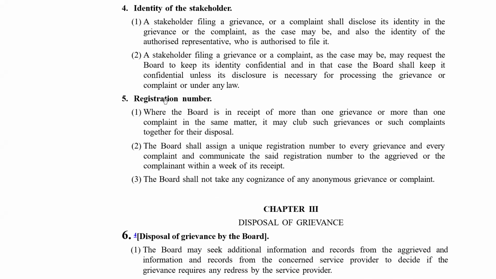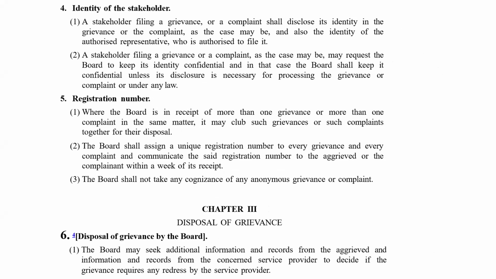Identity of the stakeholder, ये इंपॉर्टेंट है। A stakeholder filing a grievance or a complaint shall disclose, उसको तो अपनी आइडेंटिटी डिस्क्लोज करनी ही करनी है। ठीक है ना। In the grievance or complaint as the case may be, and also the identity of the authorised representative who is authorised to file it. A stakeholder filing grievance or a complaint as the case may be may request the board to keep the identity confidential, and in that case the board shall keep it confidential unless its disclosure is necessary for processing the grievance or complaint under any law. ठीक है। अच्छा, अगर एक से ज्यादा ग्रीवेंस या कंप्लेंट आ गई तो उनको क्लब कर देंगे।